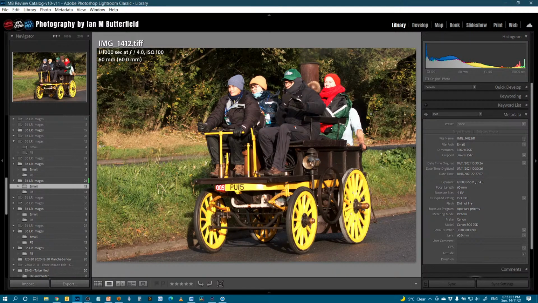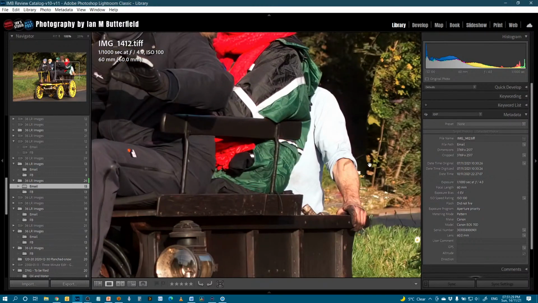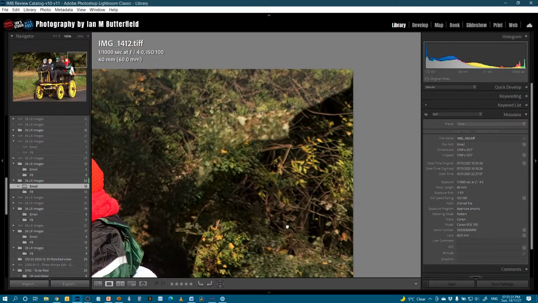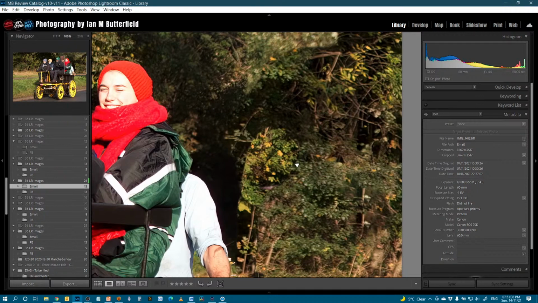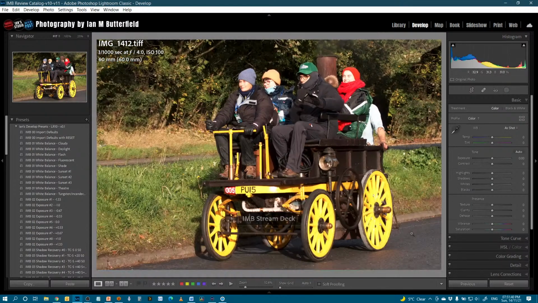Now, having said all that, I didn't notice it at first. At screen resolution, I didn't notice it. But it's one of those things that once you have seen it, it's very difficult to unsee it. Particularly if you come in like that. You can see that edge there. What can we do with it? Well, in develop mode, even in here, I can try and fill a little bit of that in.